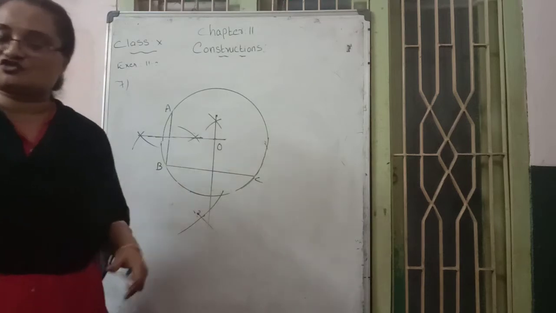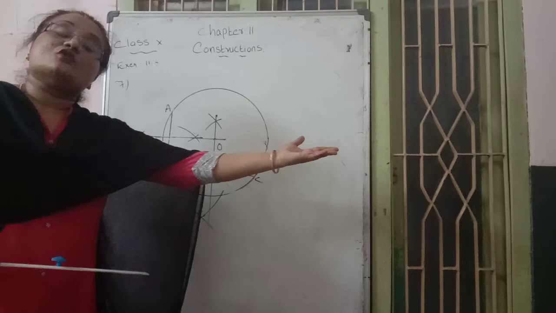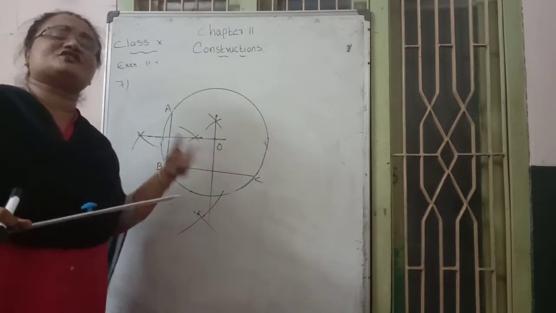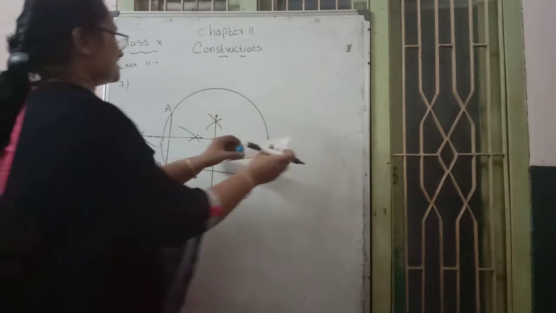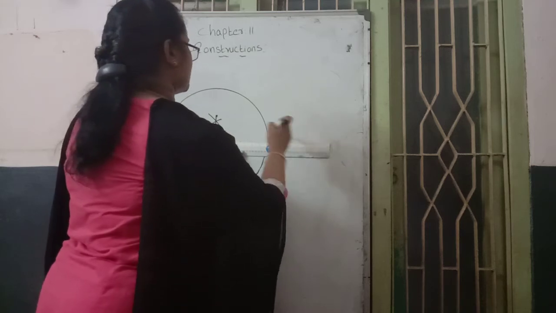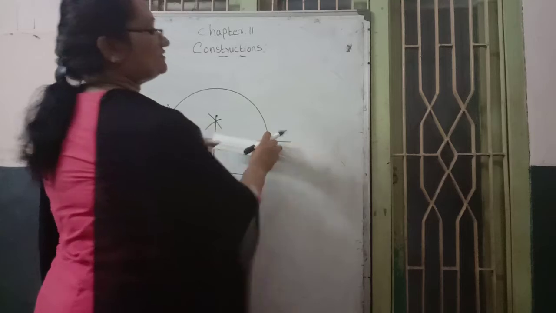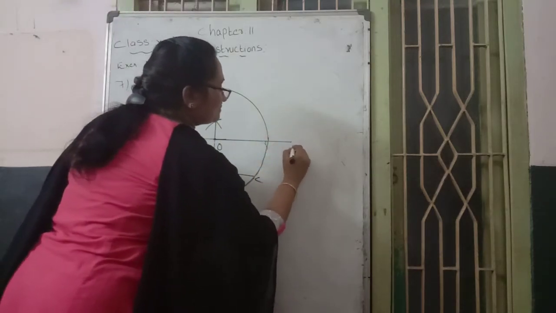Next process, how to draw the tangent. They say to take a point outside of that circle. Any measure, here the measurement is not given. Any measurement, 10 or 12 or any measurement you can consider. I consider 10 centimeters from center O to outside. It's your choice, here the measurement is not given. Then mark that point with an alphabet, P.